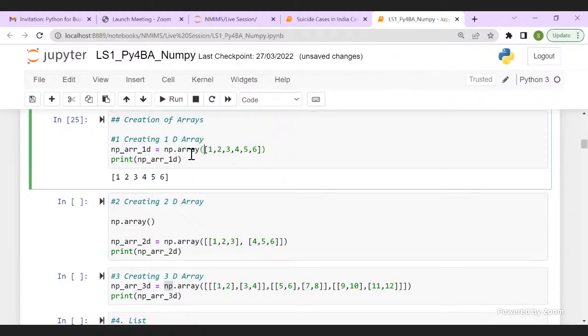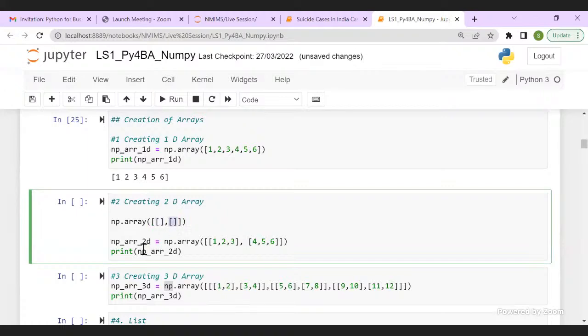So this is my outer bracket for my 2D array. Then say I want 2 rows, so 2 elements, 2 sets of square brackets. And each element will be separated by a comma.